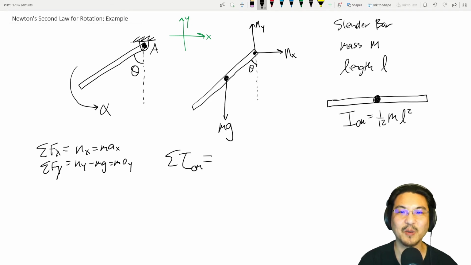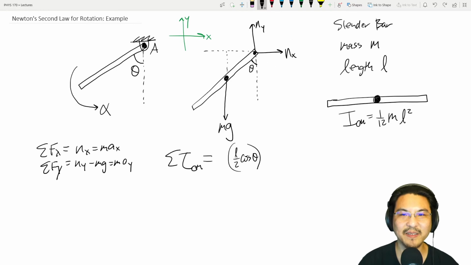So what is the torque about this point by this force? If you look at it, what's the lever arm? Right here's the lever arm. How far is this? Here to here is L over 2, and this is adjacent to the angle, so here to here has got to be L over 2 cosine theta. So I'm going to write L over 2 cosine theta